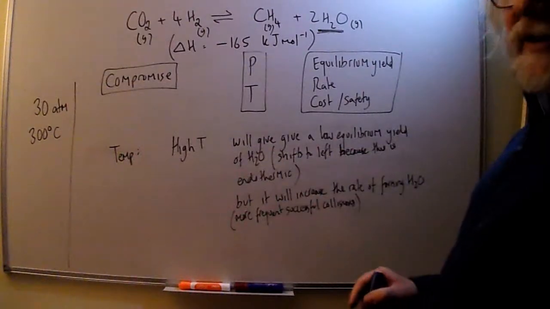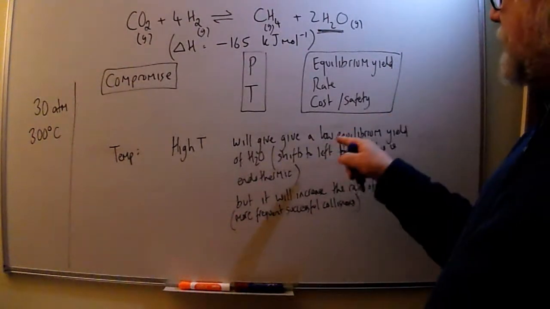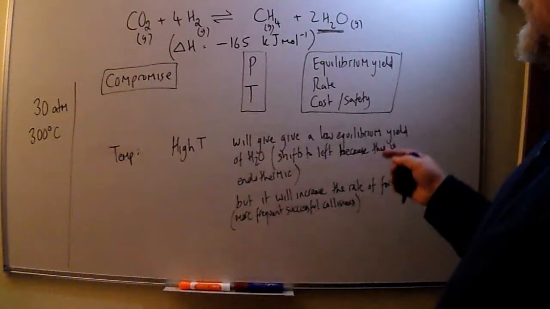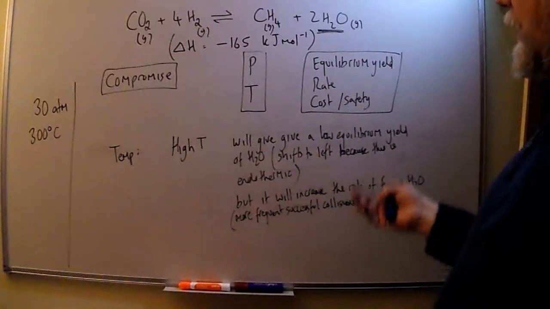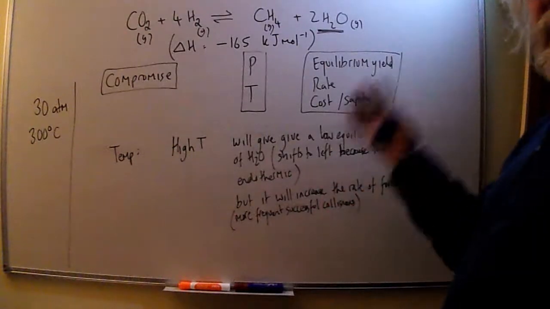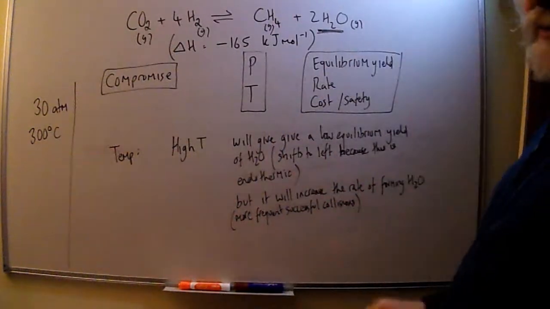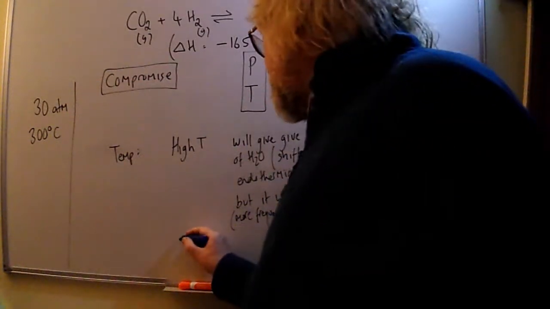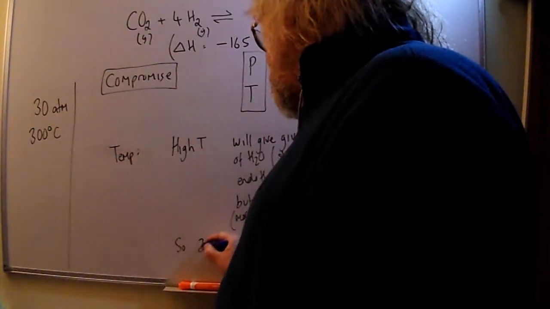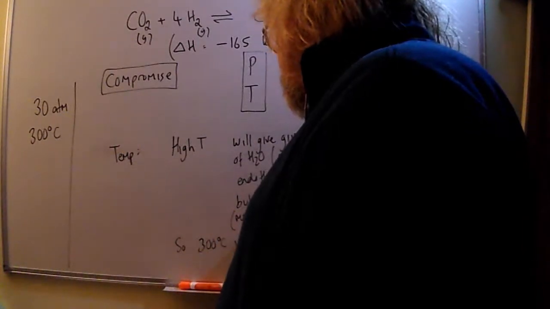So this time we've got a compromise already, because equilibrium says you want the temperature to be low, because that will shift it to the right, but on the other hand rate says you want the temperature to be high, because that will produce the water quicker. So that's where your compromise comes. So you say, 300 degrees C is a compromise,